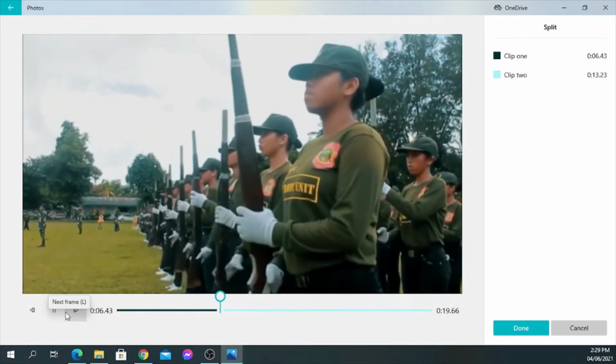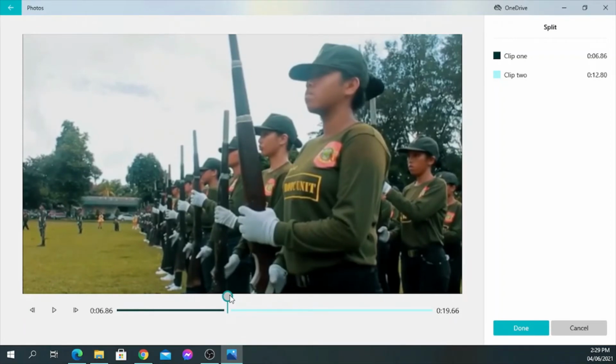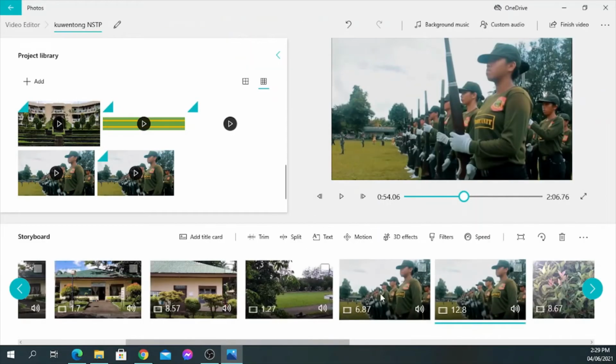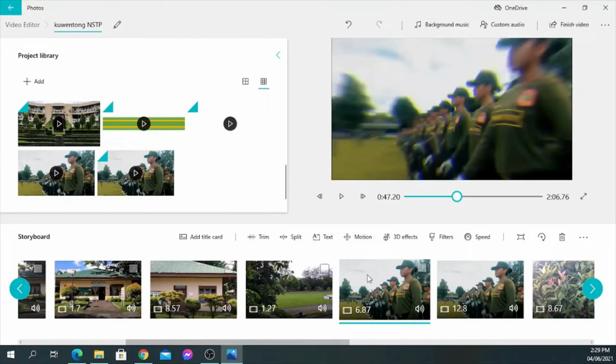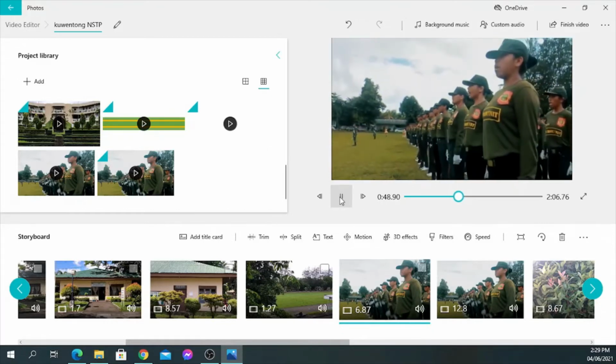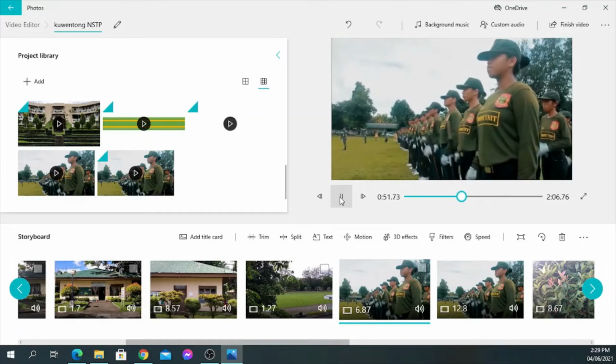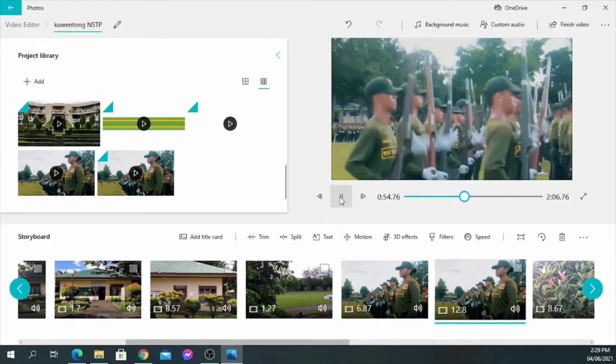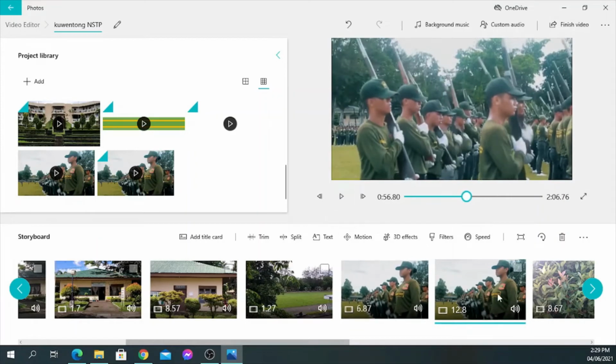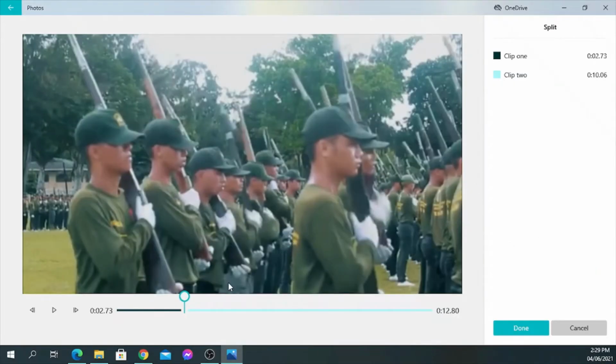So perhaps we'll have to split at this point, and once you have decided where to split the clip, hit done. Okay, so let's preview. This is the first clip. Play. Okay, so now let's split further this other file. Split. So at this point,